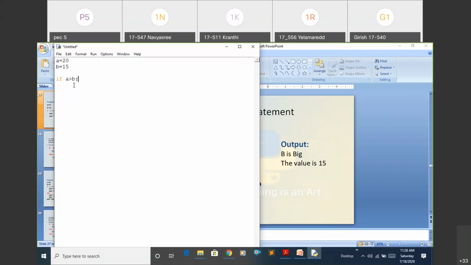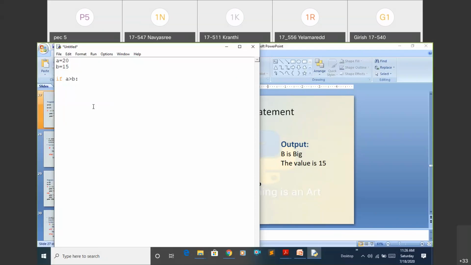After the colon, if you just press enter, it will directly follow the indentation. Here the cursor is blinking, which means the if block has started. From here, whatever code you write will come under that if block.